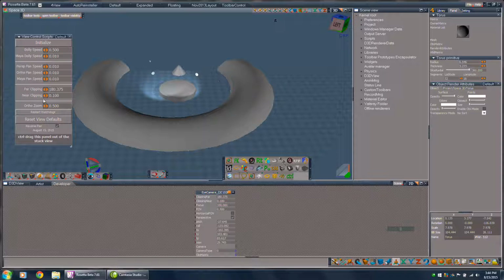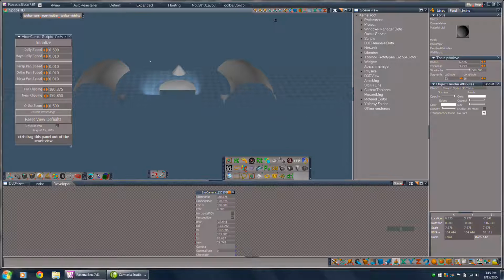The near clipping control does the same thing, only from an opposite direction. First thing that'll disappear are the 3D controls in the upper right and lower right. So as I increase that value, those disappear. And to go further, it eats into the scene itself. I'm going to right click and reset those values to their defaults